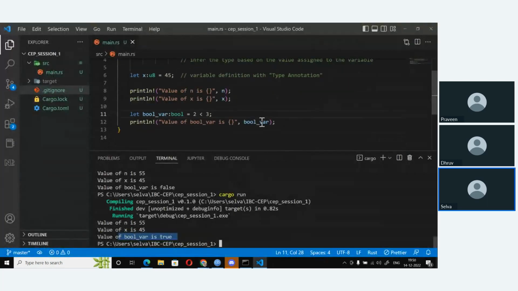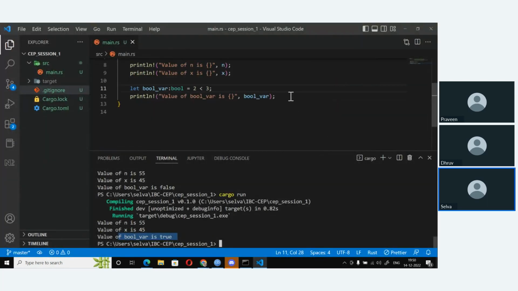Suppose I wish to create a variable. So let's say let salary. Now I want this to be a decimal value, so that is integer. So let's say i32, which is pretty big enough, and I want to give, let's say 1,25,000.